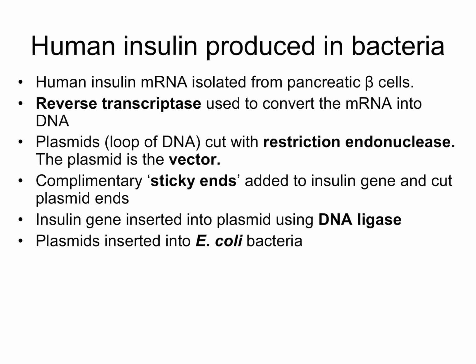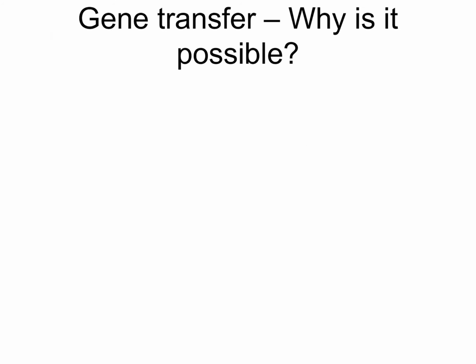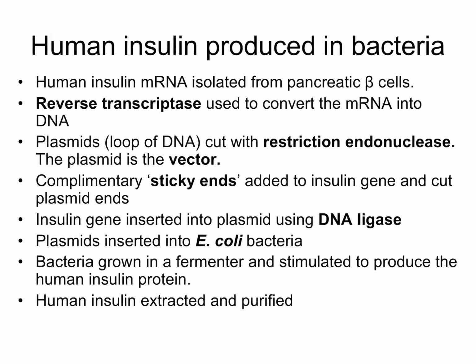Then the plasmids can be inserted into the E. coli bacteria. Often they'll put more than one copy of the plasmid into each bacterium. So now we have our transgenic organism. And these bacteria can be grown in fermenters and stimulated to produce the human insulin protein. And then that human insulin protein will be extracted and purified. Okay, so this is an